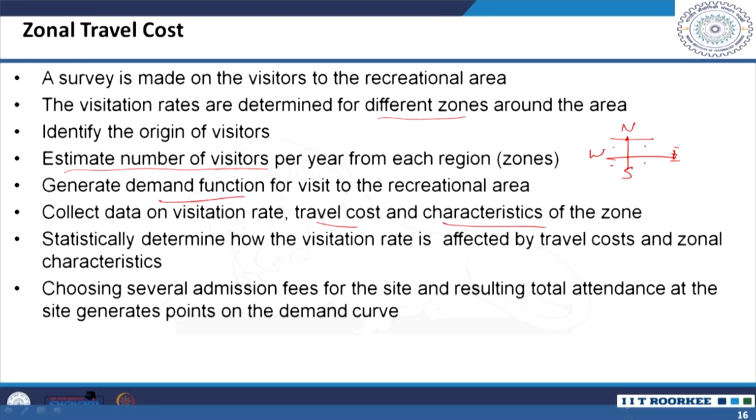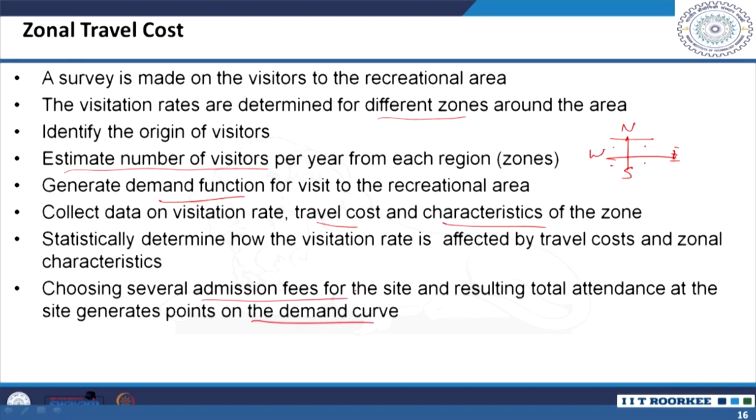And then we can statistically determine how the visitation rate is affected by the travel cost and other zonal characteristics, right. So, we can also take into account different admission fees or entry charges for the site, and we can also get the demand curve based on this